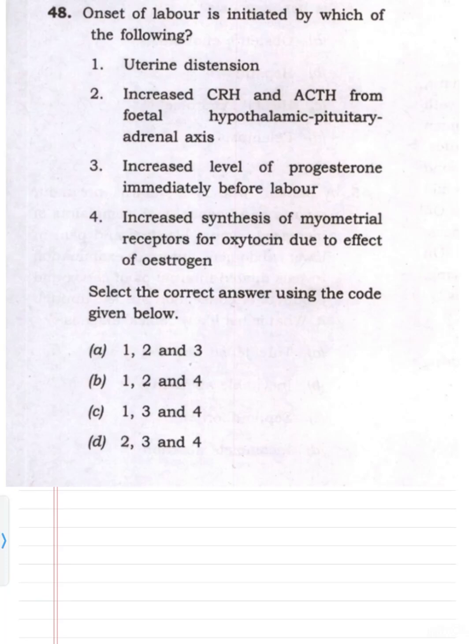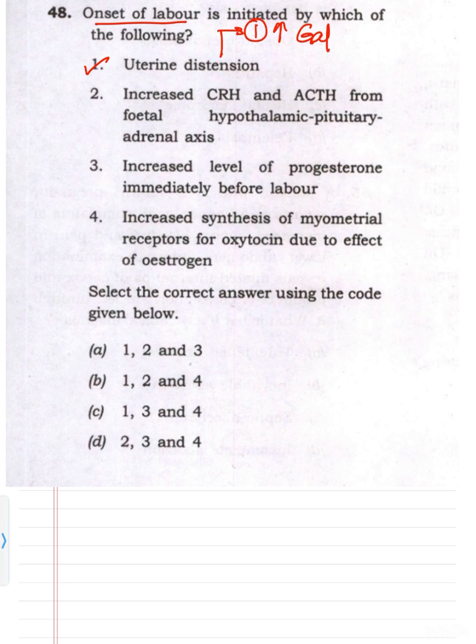So the next question is, onset of labor is initiated by which of the following? So the first option, uterine distension. So this question is about what actually happens that leads to the onset of labor. So the first is uterine distension. This is correct. What happens is that because of the uterine distension, whenever there is stretching of the uterus, it